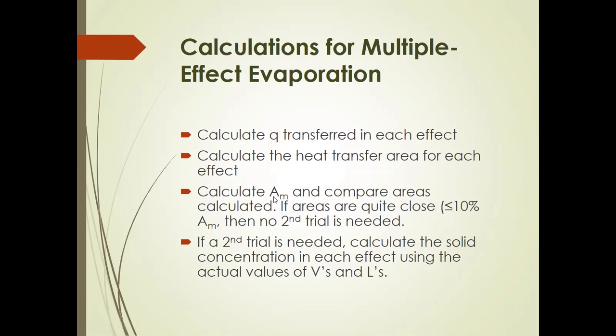If the areas that you have computed here vary from the mean area by more than 10%, there is a need for you to have a second trial. So if a second trial is needed in this step, you need to calculate again the concentration in each effect using the actual values of the V's and the L's. Meaning, you now need to use the actual value of the vapors and the thickened liquor in each effect that you determine